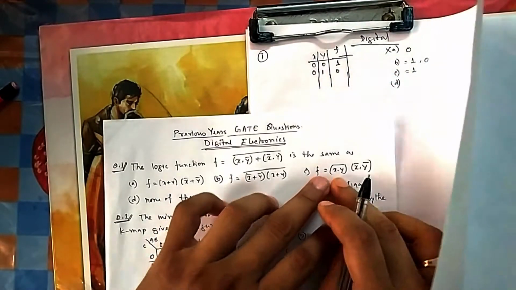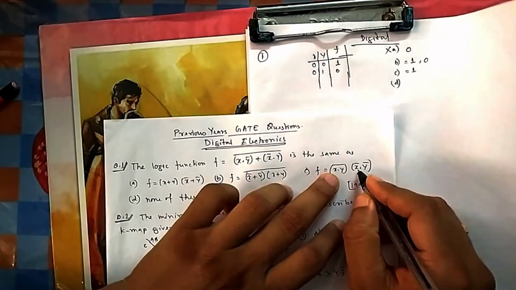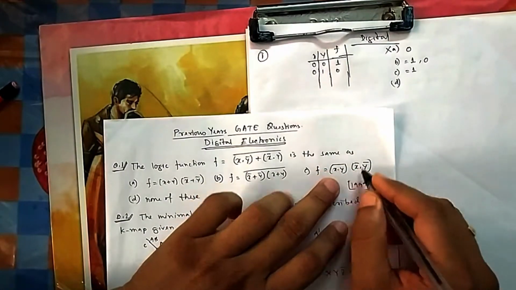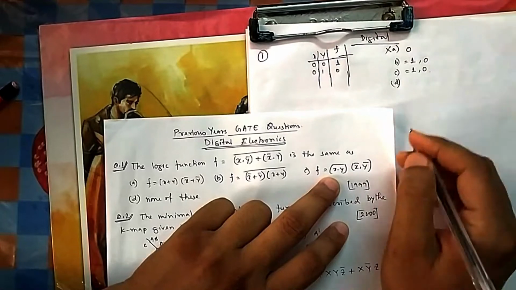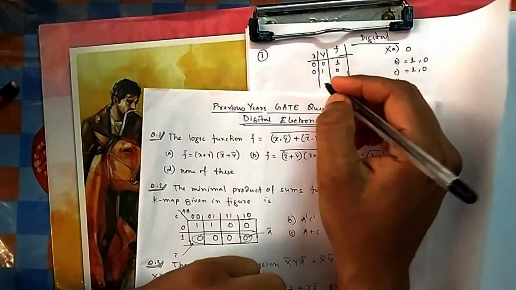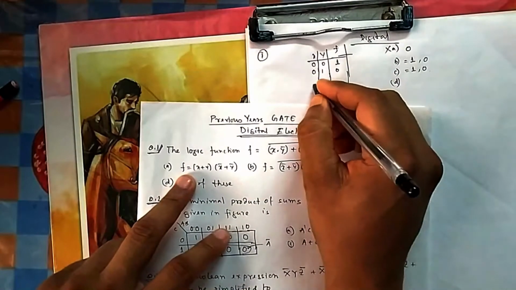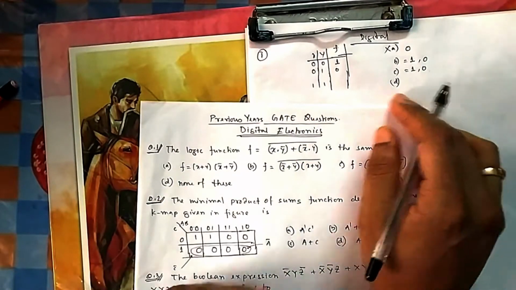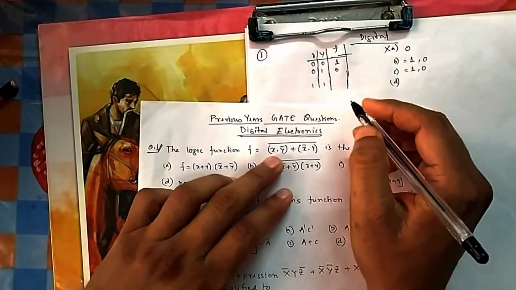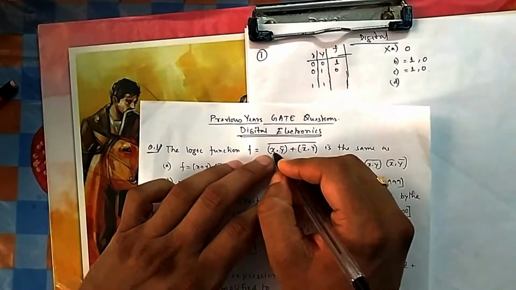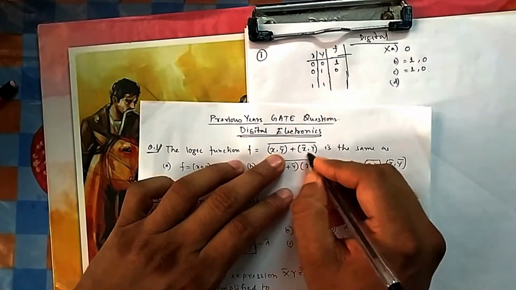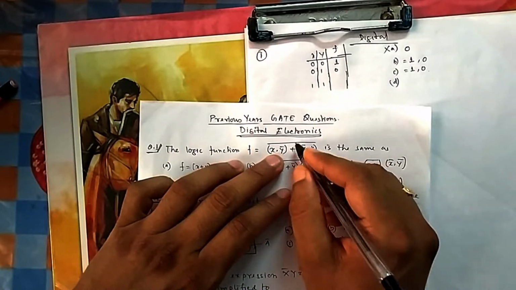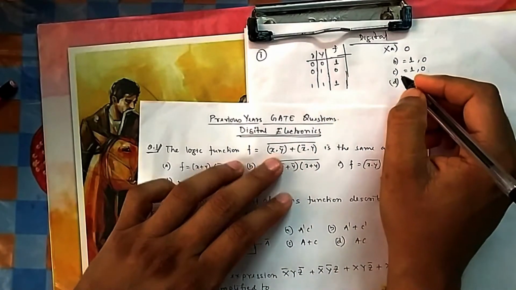Here if you put 0 and 1, it is 0. Something multiplied with 0 should be 0, so C can still be. Now you can check with 1 1, because B looks symmetric. If it is not decisive, then we will go again for 1 0. So 1 1 means 1 into 0, so it will be 0, and it will also be 0. 0 plus 0 is 0, and bar is 1. So for 1 1, the answer should be 1.